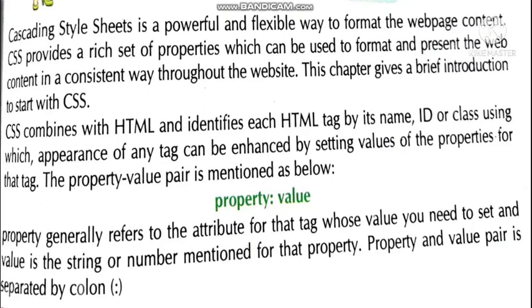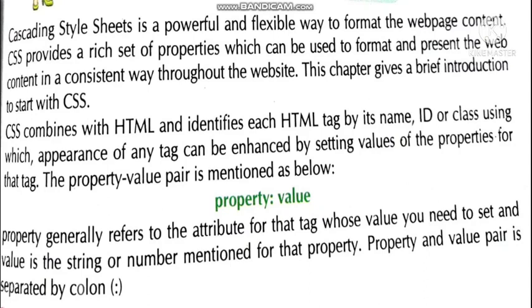Whatever tag you want to represent in a particular way, the color, the font style, all those things for a particular tag you're going to change, you must name it either with a name or id. Or if with the same name you have used multiple tags, like p tag you have used many times, and for every p tag you want to provide different formatting. Like for the first paragraph, I want the alignment to be right hand side. For the second paragraph, I want the alignment to be on left hand side. So in that case, we are not going to generalize p tag. We will separate all those p tags with the class, and how to use it, that also I'll show.